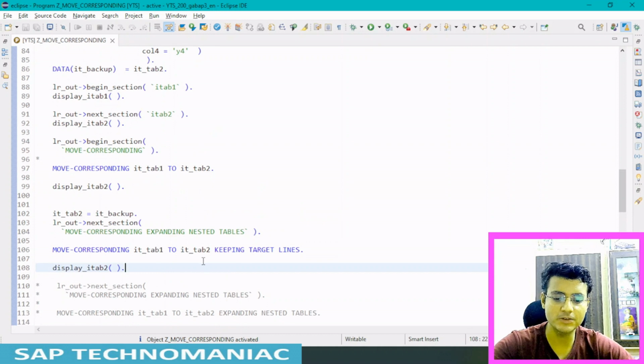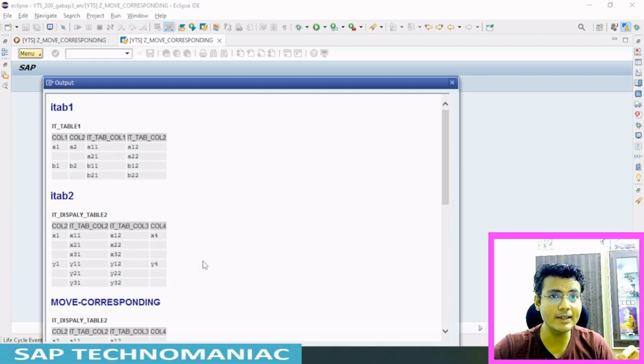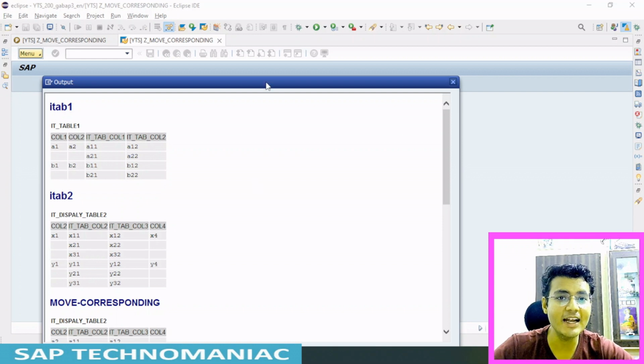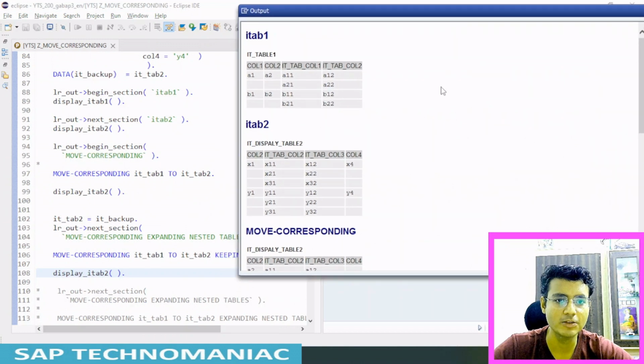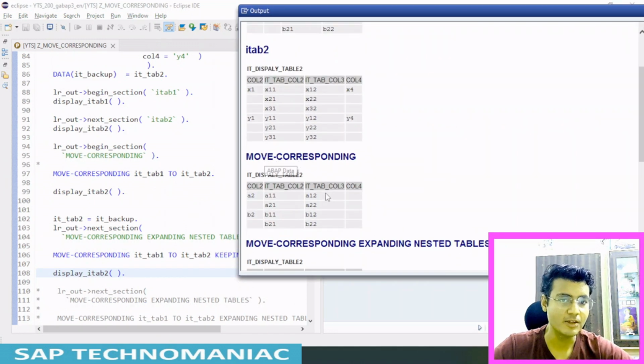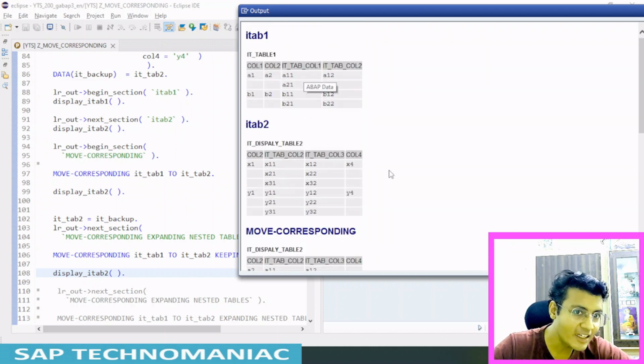Now how will it look? In this case, the second table will not be cleared, but itab1 entries will be appended to that second table. So let me show you. This is itab1 and this is itab2. In the previous case, with move corresponding, this got cleared, then those entries were moved from here to here.